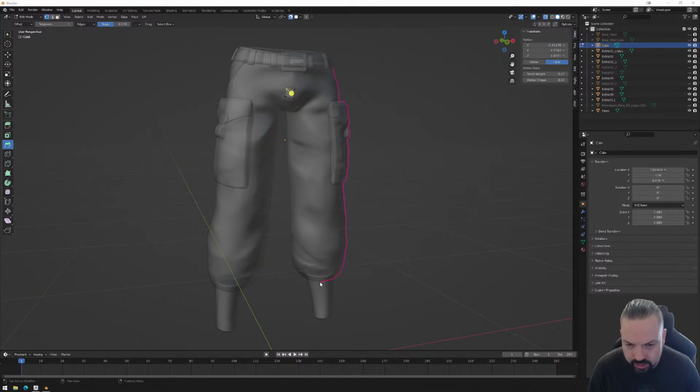Let's go all the way around. So this is kind of like the minimum base. That line there, for example, is very long,